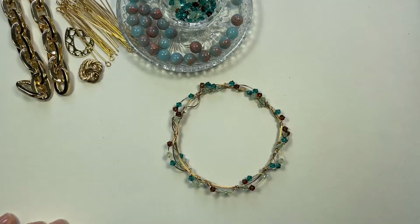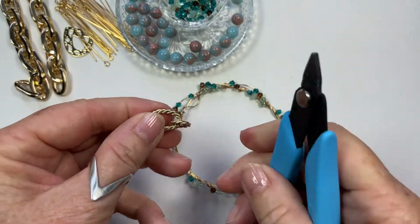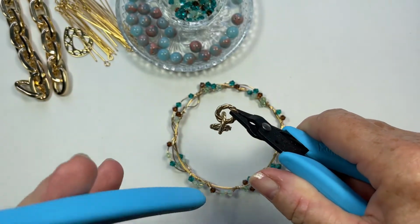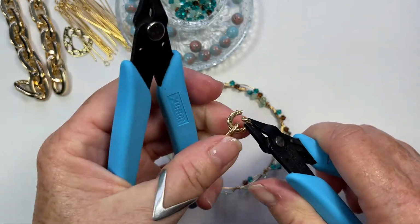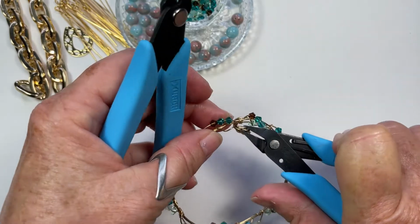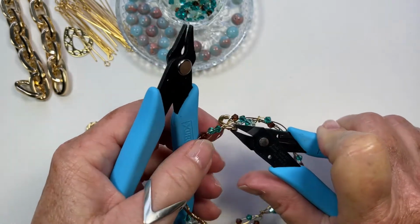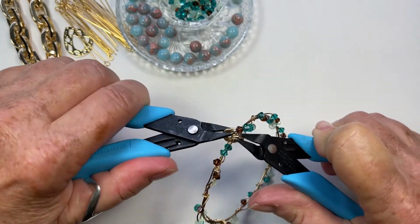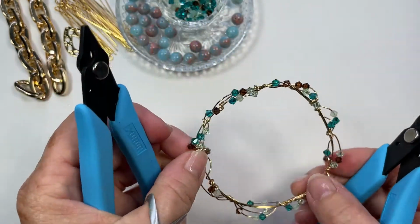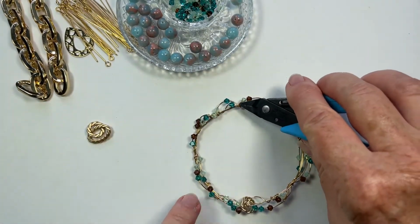I'm going to open these textured links here with my flat nose pliers, like this. I'm going to attach this first one onto an open area on the frame here, and just close that up nice and flush. And on the other end, opposite, so that's going to be about this area here,